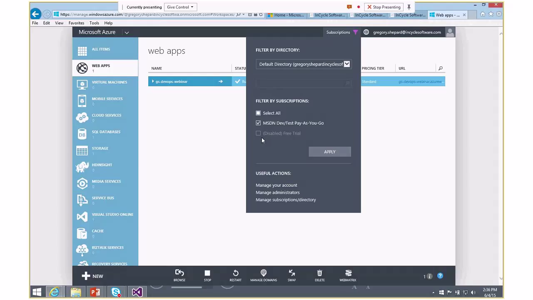I had a free Azure trial, which is now disabled because the time has run out. And I also have a subscription that is the InCycle subscription. So just as a word to the wise, one thing I might recommend that you do is,